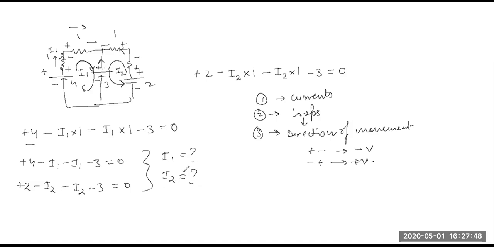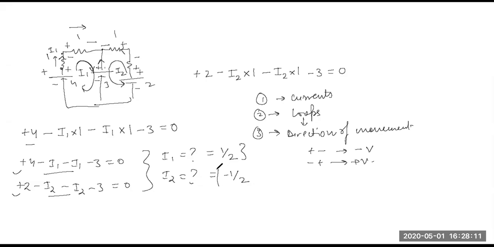I1 is half and I2 is minus half. I1 you are getting half and I2 you are getting minus half. You just have to solve these two equations. That's it. Nothing else is there. So from here you'll get I1, from here you'll get I2. Now see, answer was half, this is correct and it has no negative sign. That means whatever you have found out is correct.